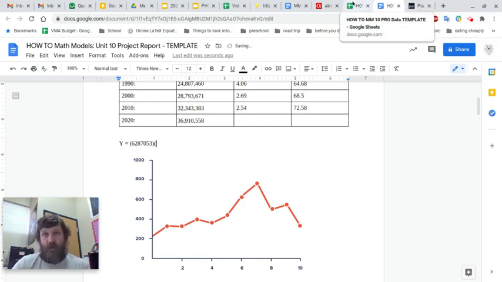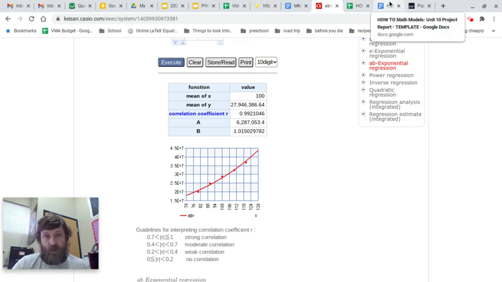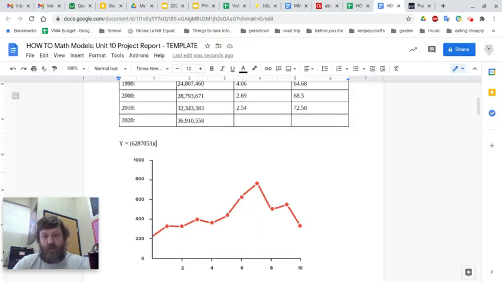times, and then we're going to put our B value, which is 1.015. You can just round it, 1.015. And then you're raised to X. This is the way you're going to write it. So you have your A,